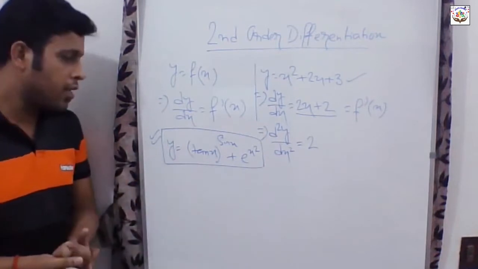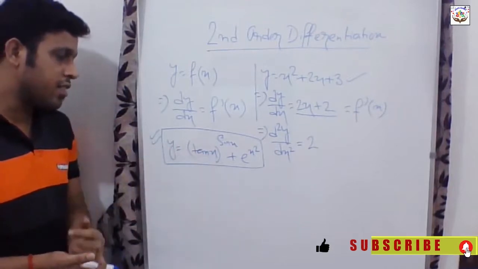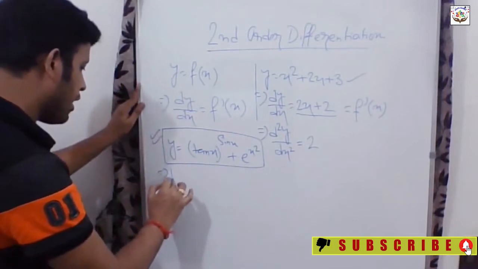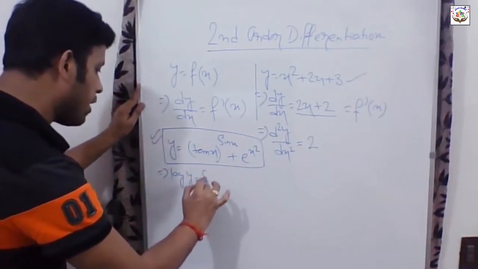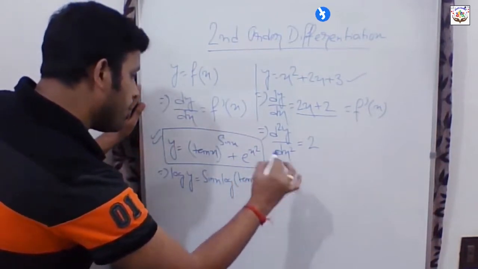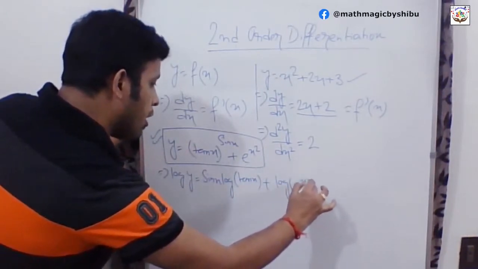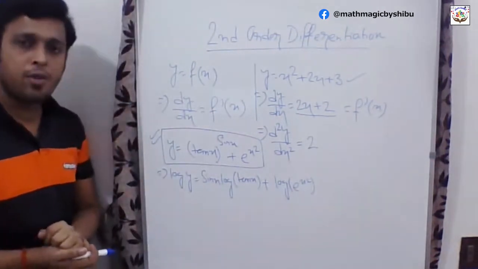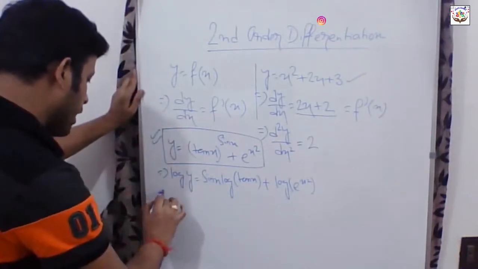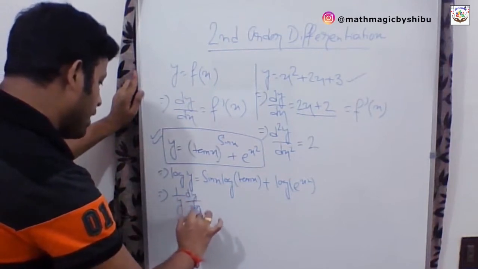So as you can remember, whenever a function to the power of another function exists, in most of the times we take log on both the sides, right? So if we take log, it will be log y equals sin x log 10x, and it will be log of e to the power x square. So we know by default the base of the log will be e, as we always assume log natural. Okay. So if we differentiate it with respect to x, it will be 1 by y dy/dx.